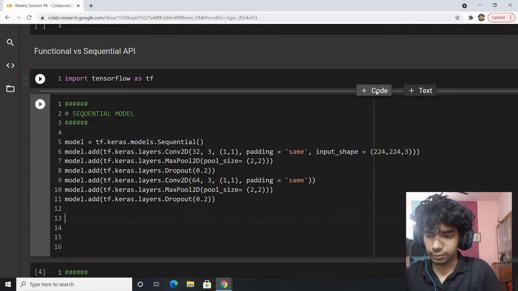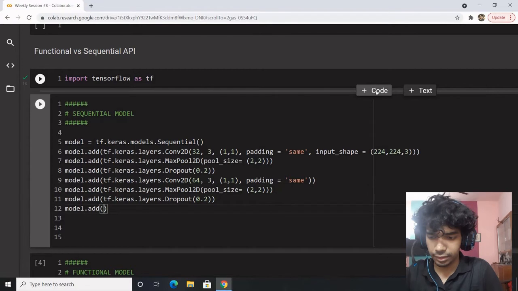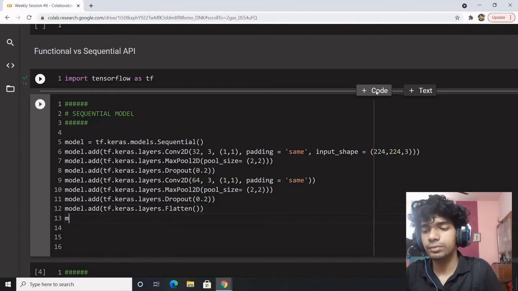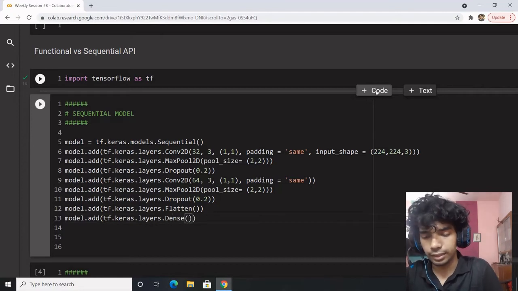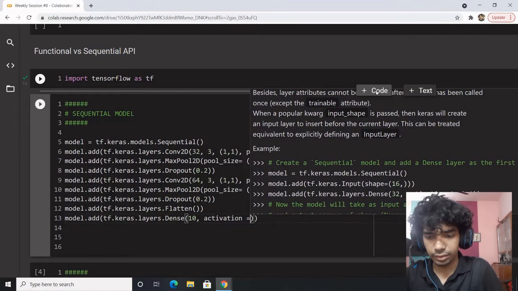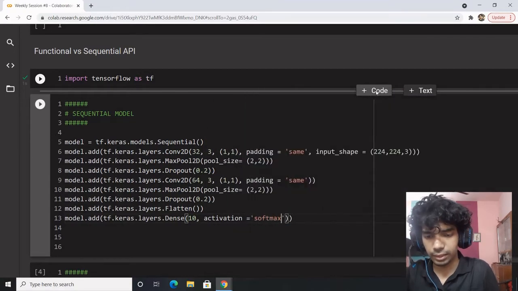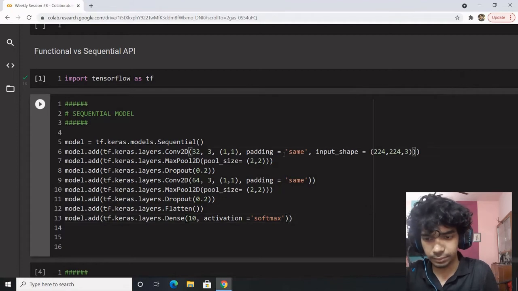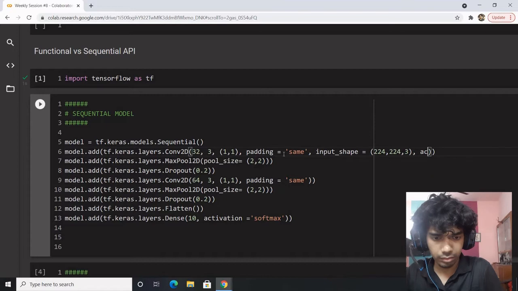Apart from it, let's flatten: model.add tf.keras.layers.Flatten. And once you do this, let's add the classification layers, tf.keras.layers.Dense, with 10 units. Activation equals softmax. Okay, we didn't add activation anywhere; ReLU is good enough.